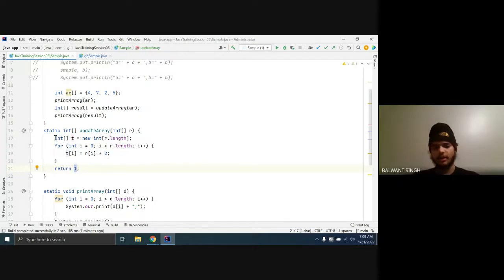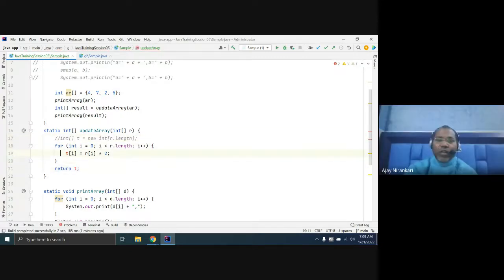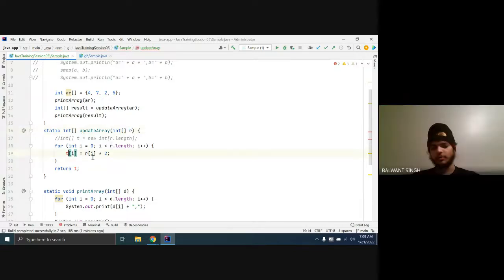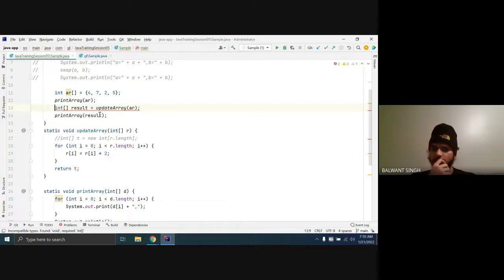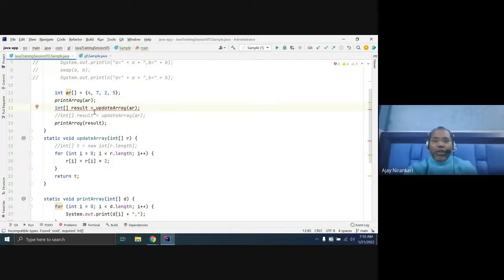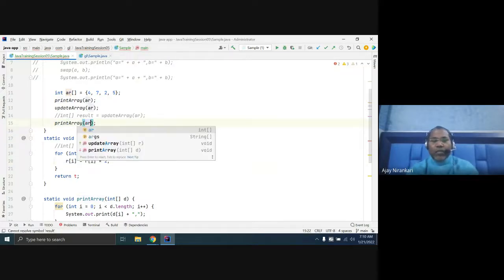And if we have to just update our original R array, we can do it by using void, and it will directly change the heap memory, so we can print it out directly. Why is this not working? Got it, if you run it. Okay, now you change the R memory itself. So this is reflected, your AR also changes.